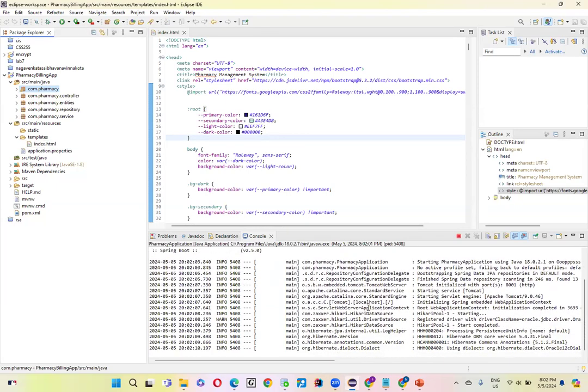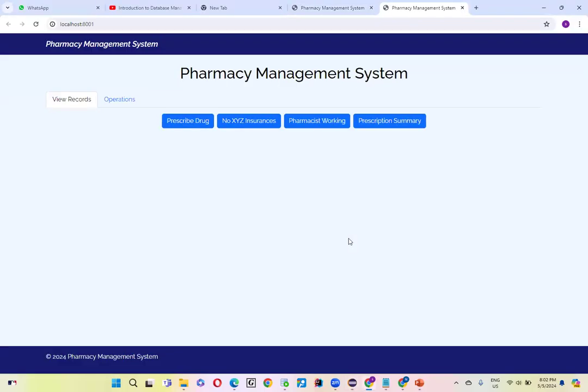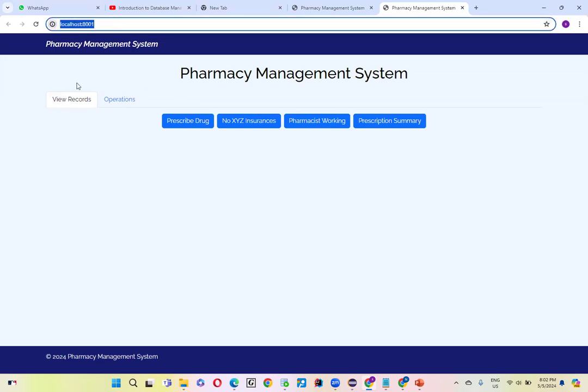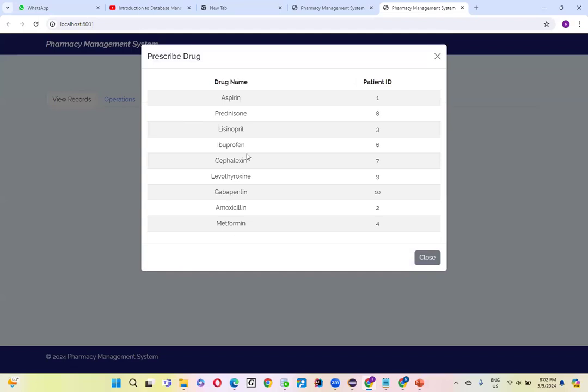This is the Spring Boot application. As soon as we run the program, we directly go to this page, and this is the localhost. Here we can view the records of each patient, prescriptions, insurances, and the working of the pharmacist who works in the pharmacy management. This is the pharmacy management system, and here you can see the prescribed drugs, drug names,